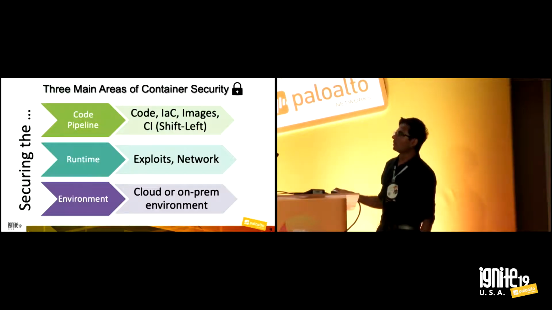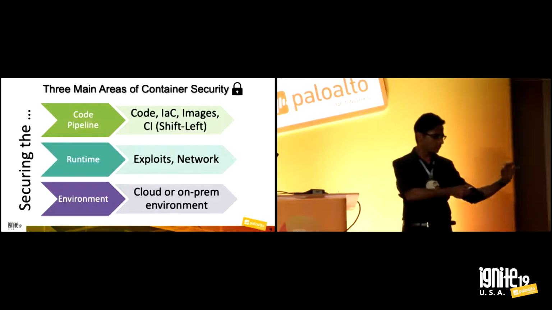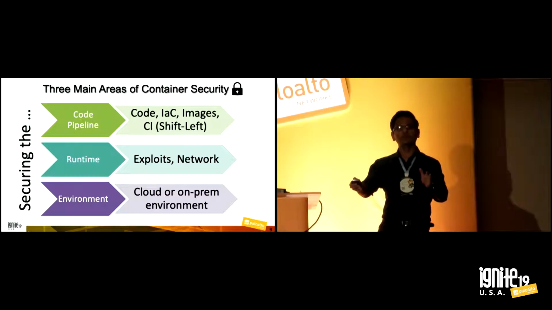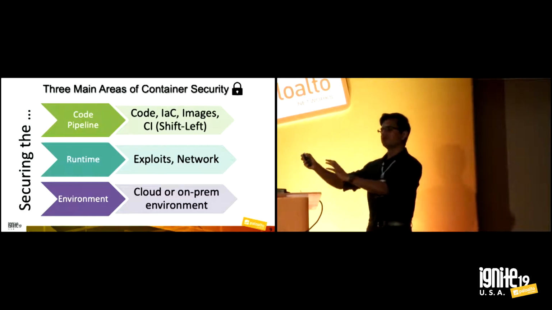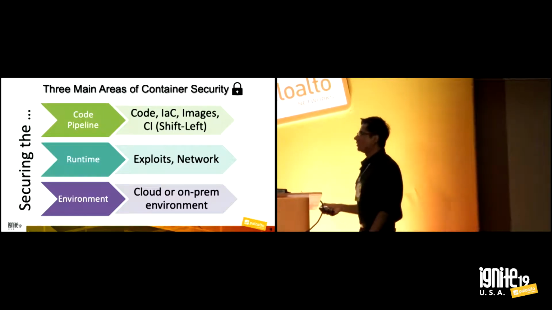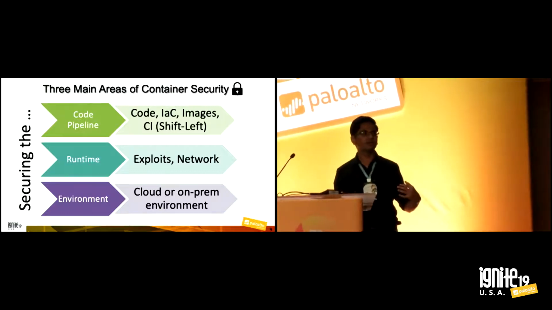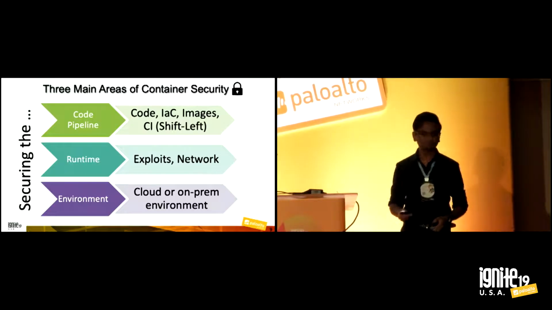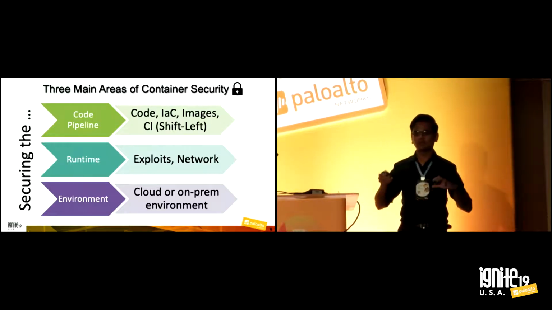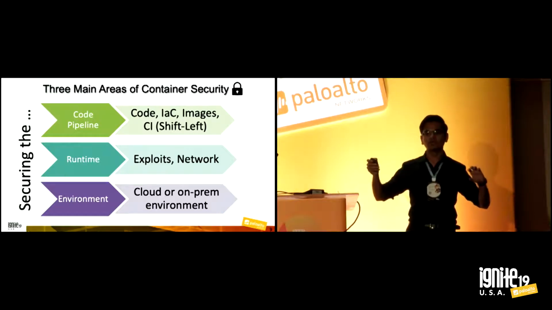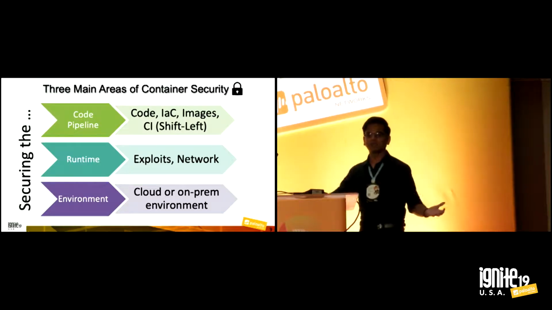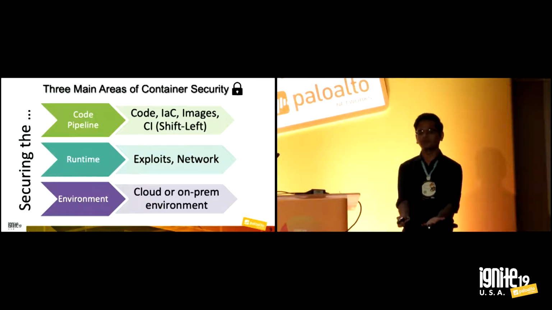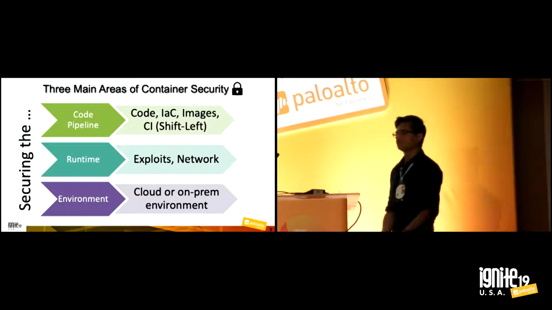So what I mean by code pipeline is securing the whole thing when it moves from code. Your developer writing the code goes into CI/CD automated pipeline before it makes it into production. And runtime, when your container environment is running, when the container is actually running, wherever they are running. And the third thing is environment, where they're running, cloud, or it could be on-prem, securing that environment, because not everything is containerized, right? You're still running containers on VMs or on actual physical hosts.